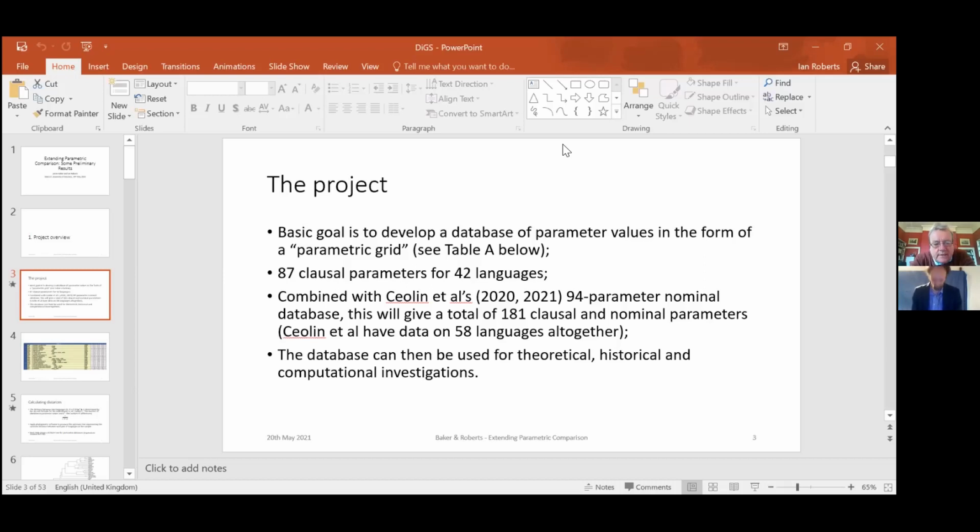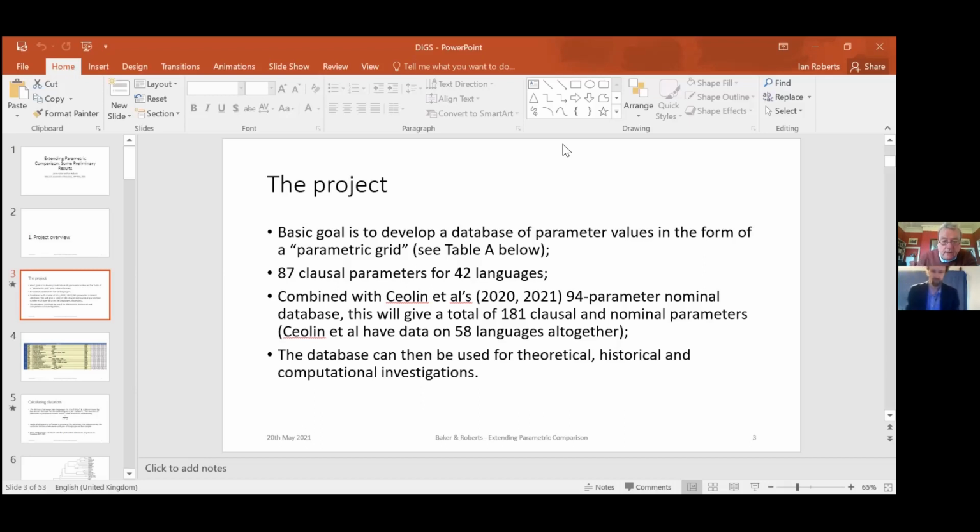We are investigating 87 clausal parameters in 42 languages. And this will ultimately combine with the database that Longobardi and his associates in recent papers have put together. They have now a total of 94 nominal parameters for about 58 languages. So combining the two databases will give us something extremely significant, we believe, and should be a resource for the